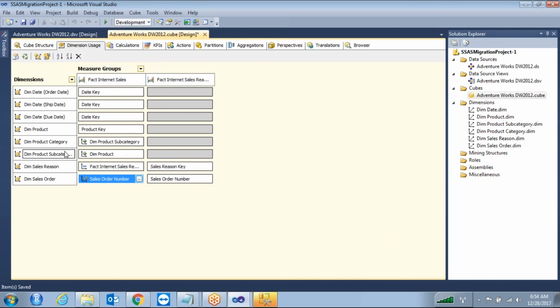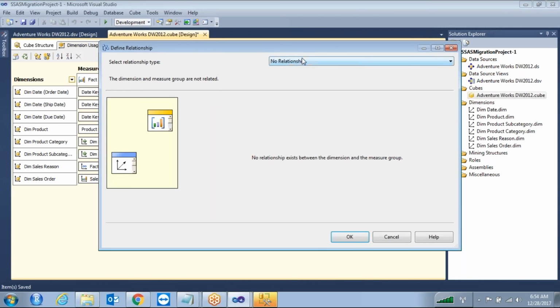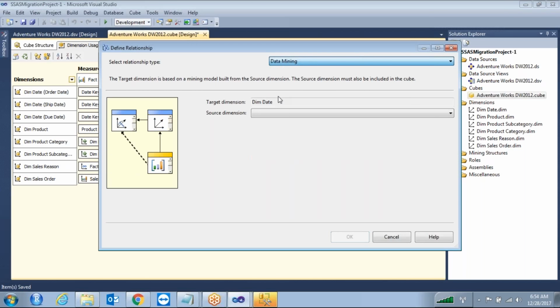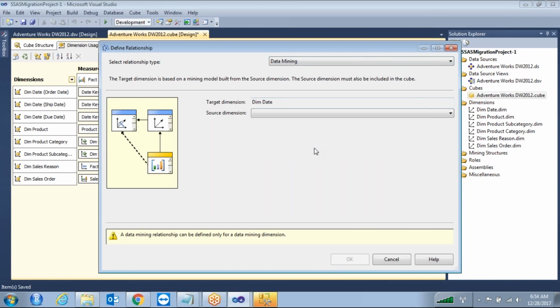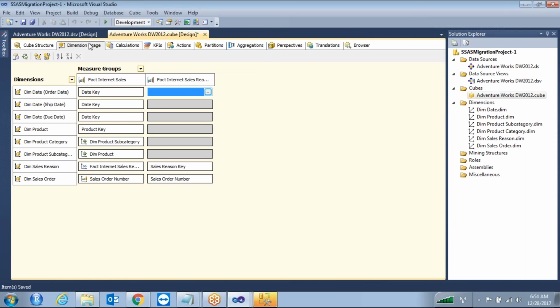So we are covering all the different kinds of relationships over here in one cube: regular, reference, fact and many to many. The next one is data mining, but that is out of scope for this one, so no need to worry about that. So this is the way you can make the relationships between the dimensions and facts in